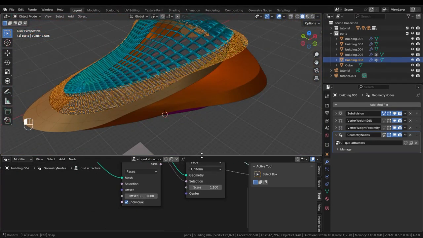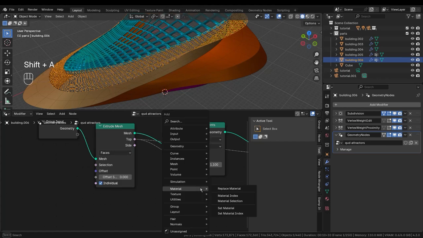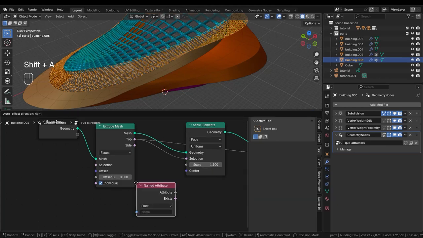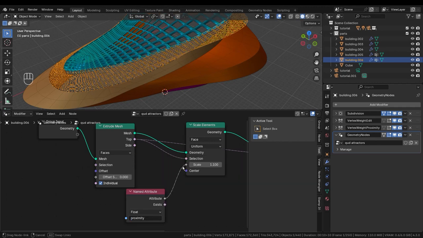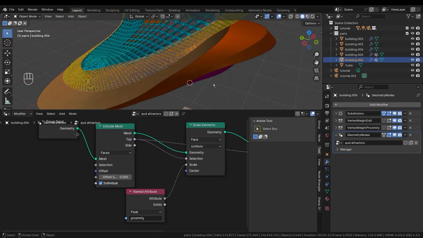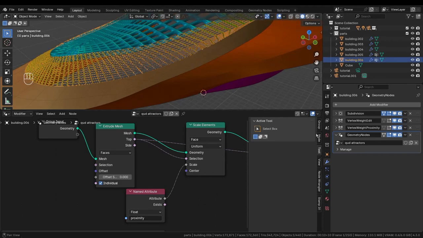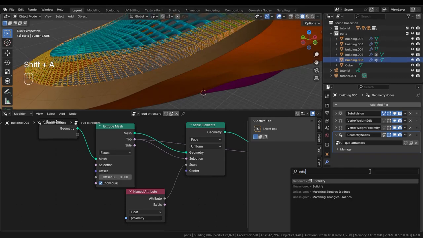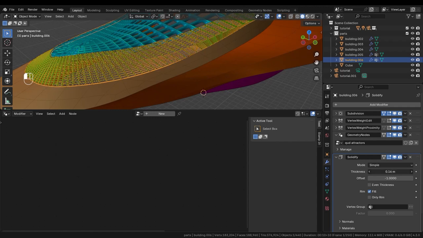To do that, because I already have the vertex group assigned in the stack of modifiers, I will just press Shift A and I will call the named attribute node here. And this attribute that I want is the proximity, and I will plug the attribute in the scale, and you will see that the scale will change according to the proximity to the cube. You can see that. If I give this a solidify modifier, I can give it kind of a thickness,